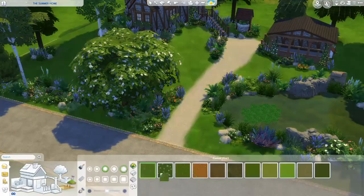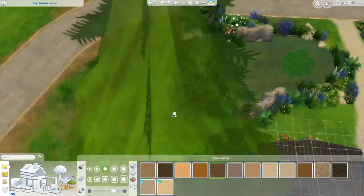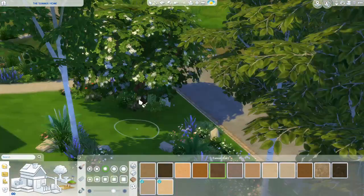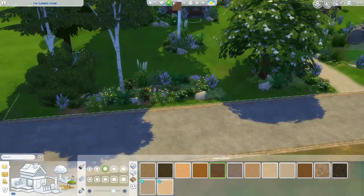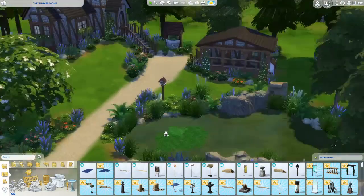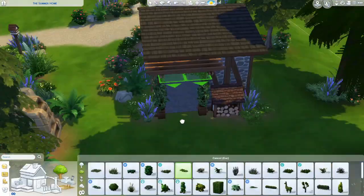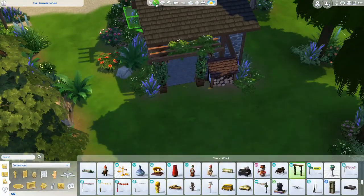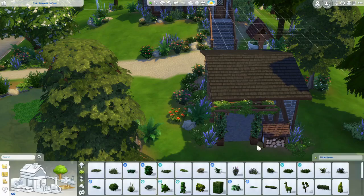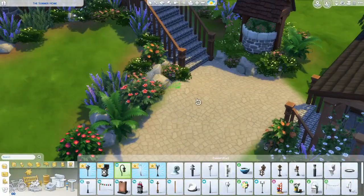And generally I do plan on playing with some of the families that I make for my builds. Like a couple videos ago, I posted a video of building a tiny farmhouse with a little family that I made as well. So I do plan on playing with them for some time and things like that. So when I build, I really build from a story perspective, not from like a what looks good perspective. And I try to come up with reasons for why a certain thing is in the build and things like